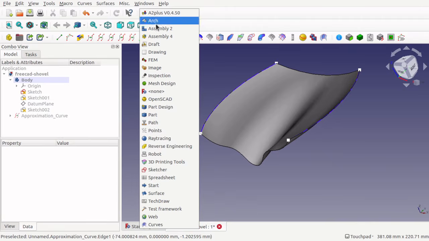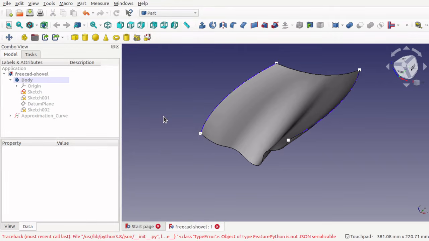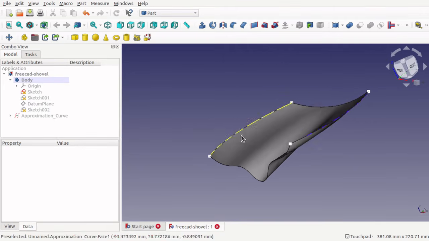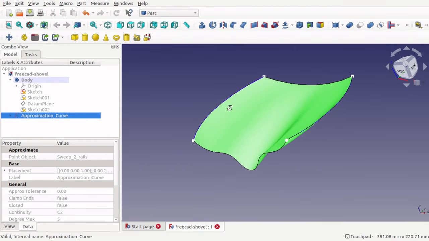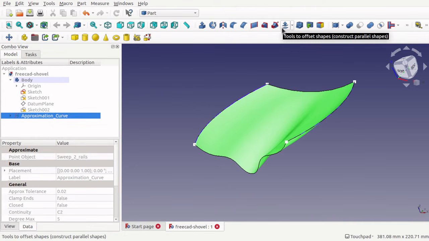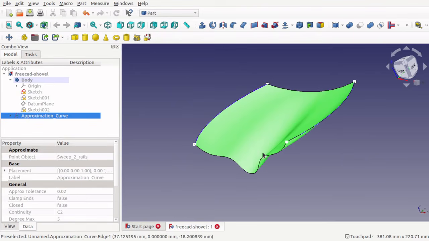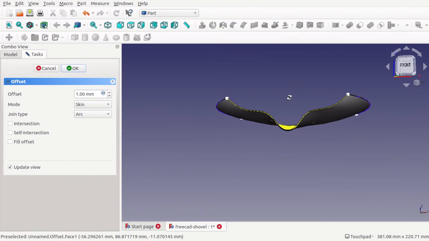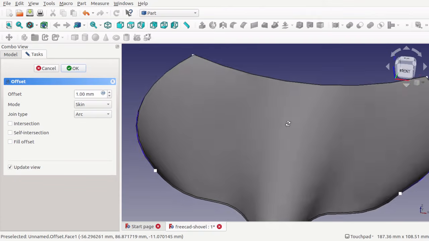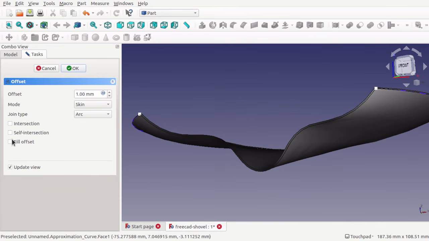What we're going to do is offset this now so it becomes thicker. And to do that, if you jump over to the part, we're going to use the offset tool on here. Click the approximate curve and come up here, and we've got tools to offset shapes. And if you drop that down, we've got the 3D offset, which we'll be using. It's also available on the part 3D offset down there. So we've clicked our approximate curve, select 3D offset, and that makes 2 now. So you've got two skins, and we need to fill the offset